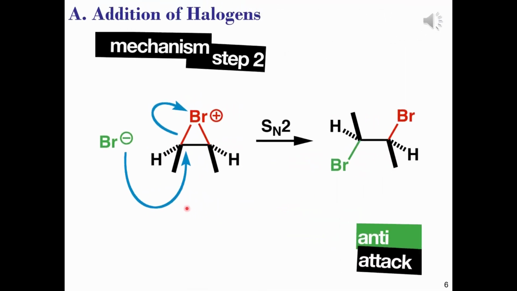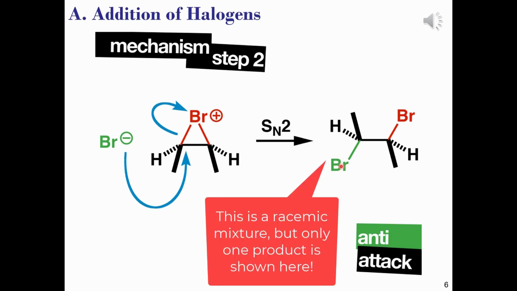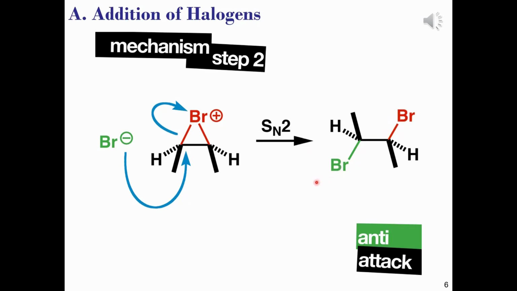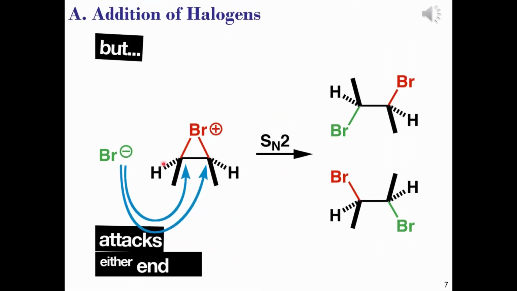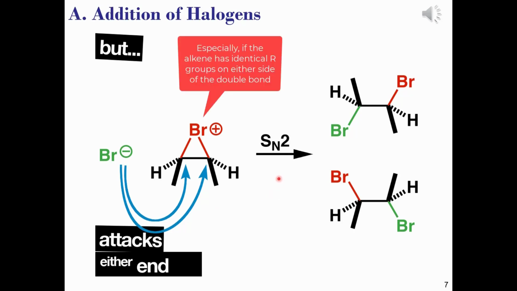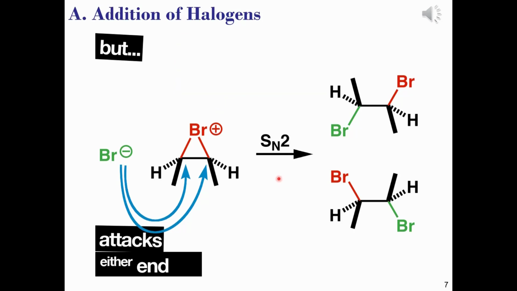In the second step of the reaction, the green bromine nucleophile attacks from the backside, think SN2, and this results in an anti-addition overall. Hopefully you can now see why it's important that there's no other nucleophile hanging around and why we use carbon tetrachloride as the solvent. However, the bromide is able to attack from either end of the bromonium ion. So the original cis-trans stereochemistry of the alkene is important when thinking about the types of addition products that will be possible. Here we only have two products because the original alkene was symmetrical and bromine was added to a